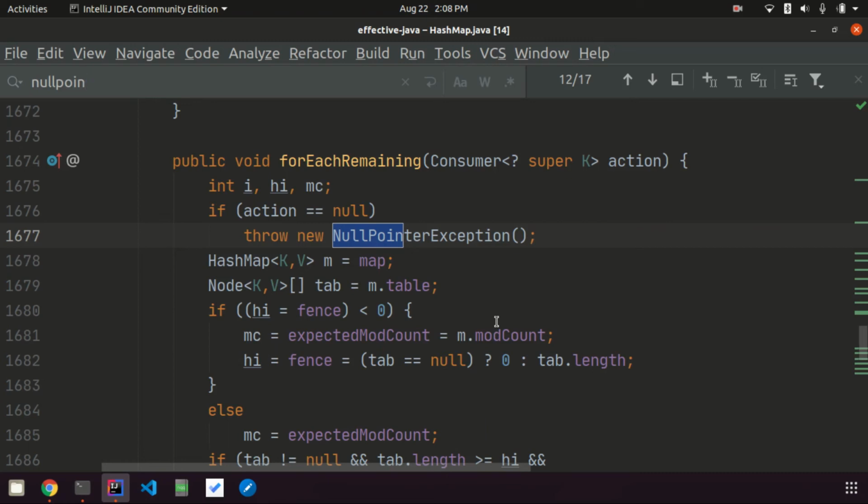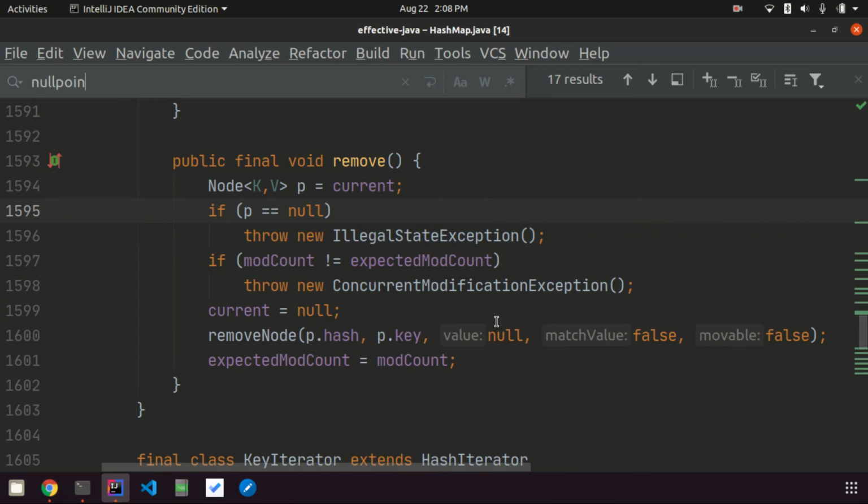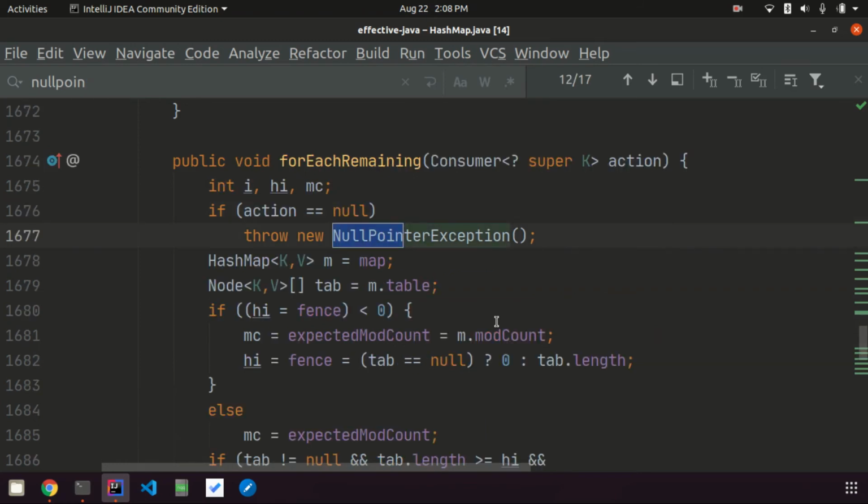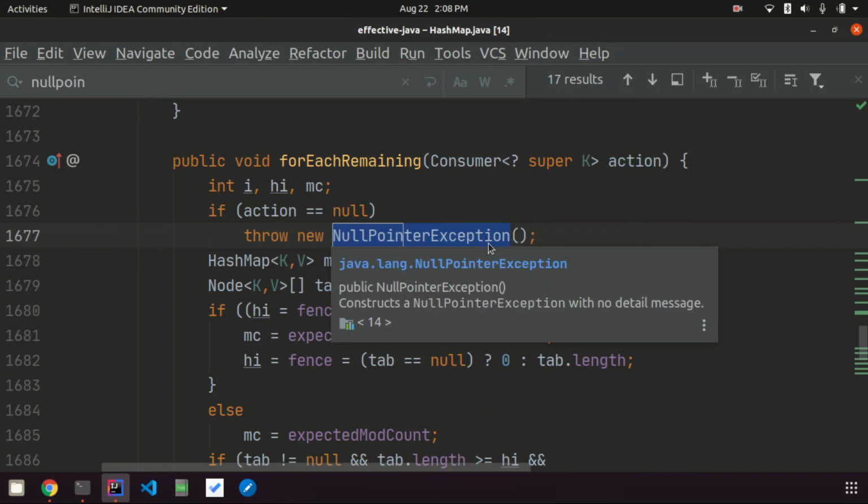As we saw earlier, when it was null we were throwing IllegalStateException, and here when the action is null we are throwing a NullPointerException. Since this particular action is provided as null, it makes sense to throw the NullPointerException. So we need to think about the contexts in which we want to throw these exceptions.